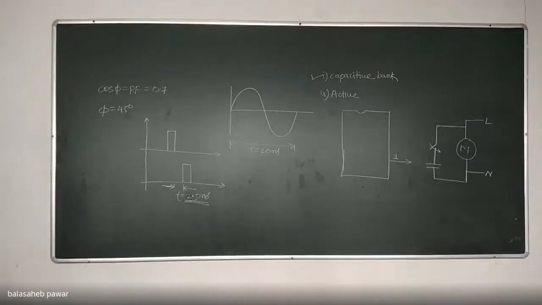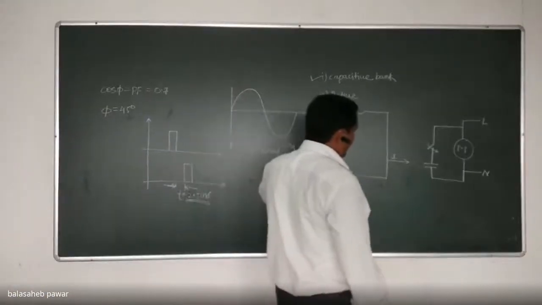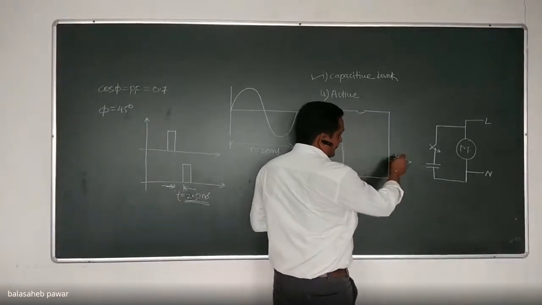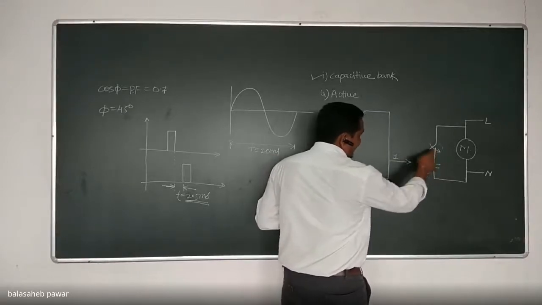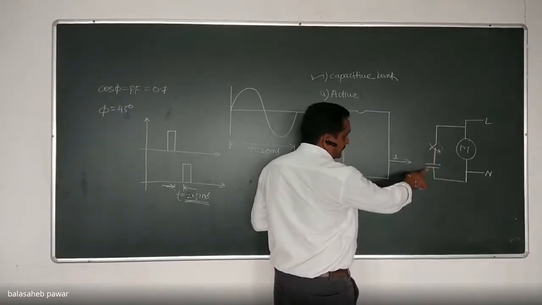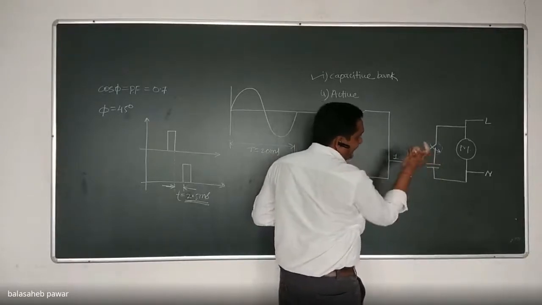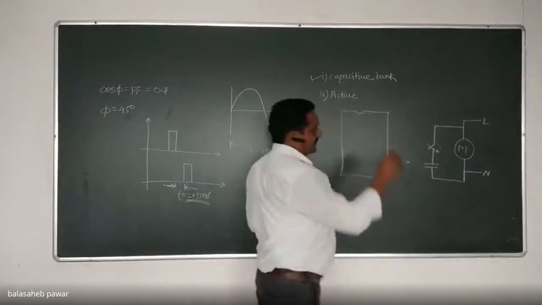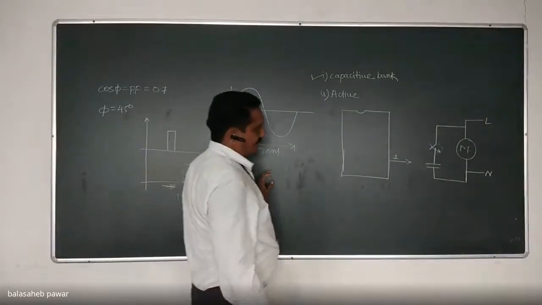Yes, sir. Okay. So if the power factor gets sensed below 0.7, this output pin will get active. That means logic high will get generated, and it will turn on this switch. That switch is connected in series with the capacitor, and that combined assembly is connected in parallel with the motor, because this motor is of inductive type. And because of that inductive motor, there is a decrease in power factor.